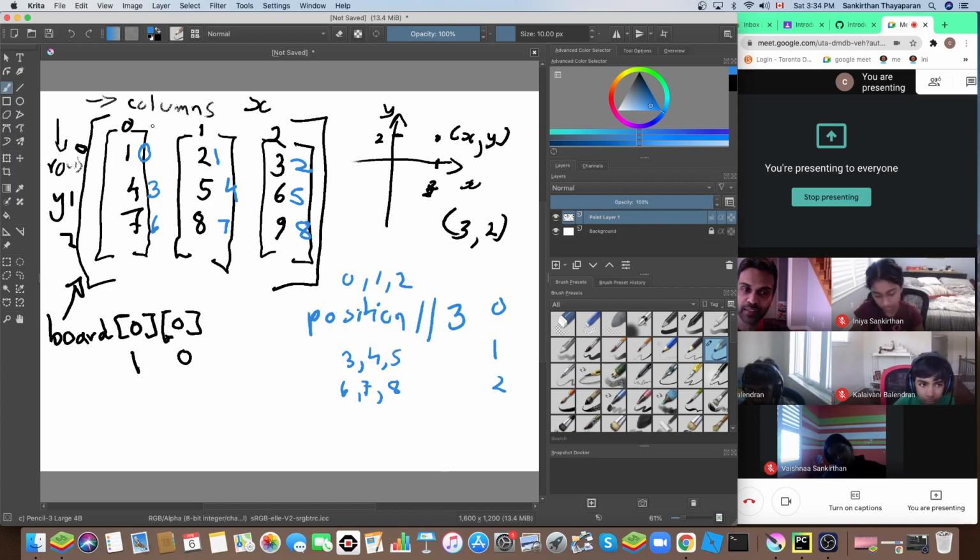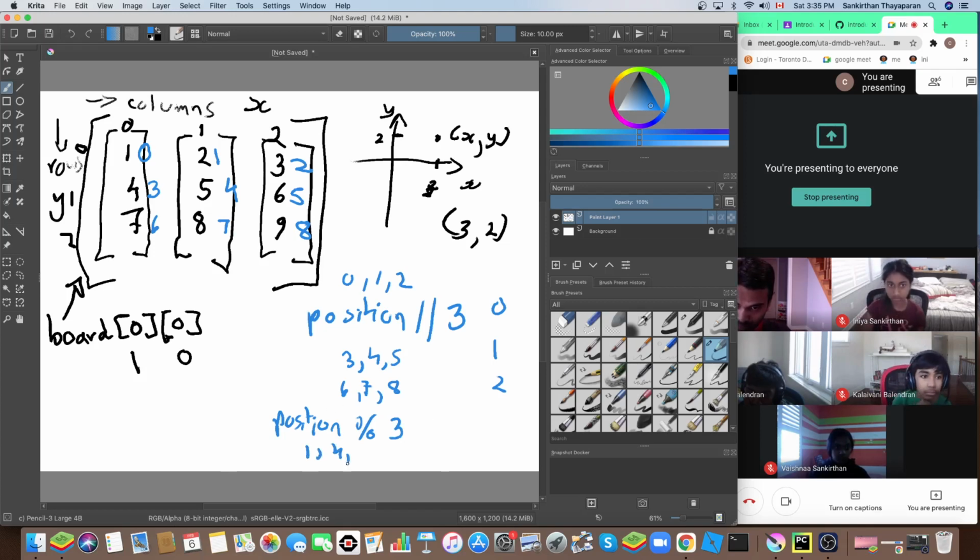what is the remainder of that, right? For any one of them, I can use the remainder. So when I divide by 3, what is the remainder I'm getting? If I divide 0 by 3, I'm getting a remainder of 0. If I divide 1 by 3, I'm getting a remainder of 1, right? So if I do this modulo, which is the remainder, by 3,